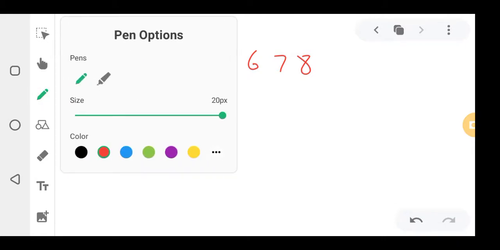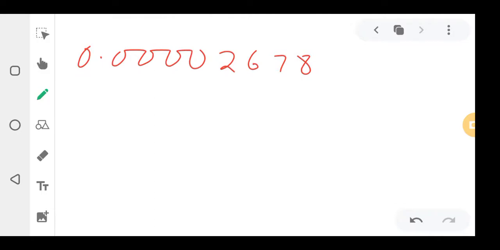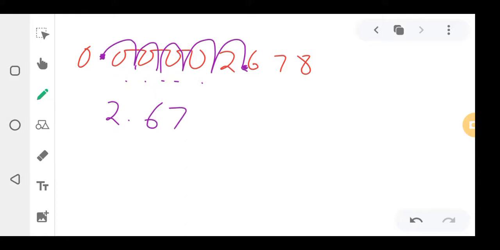The first thing, before you do whatever you do, you locate where the decimal point is. In a number like this, the decimal point is already here. So you move the decimal point to where the first number starts, because all these are zeros. Do you come here? No. Here? No. So you count 1, 2, 3, 4, 5. The decimal point goes in front of 2, because all the ones before it are zeros. So it will be 2.678